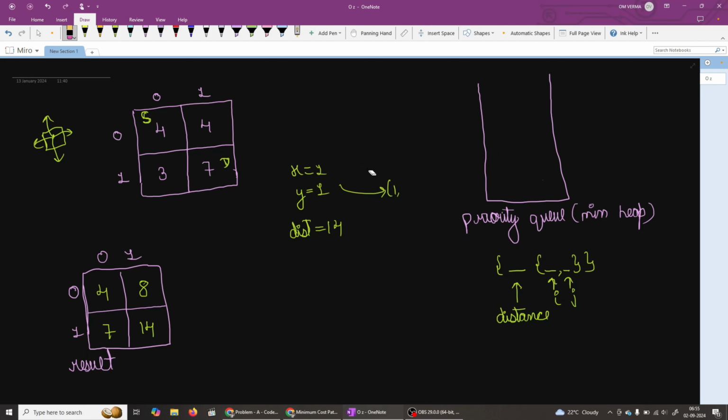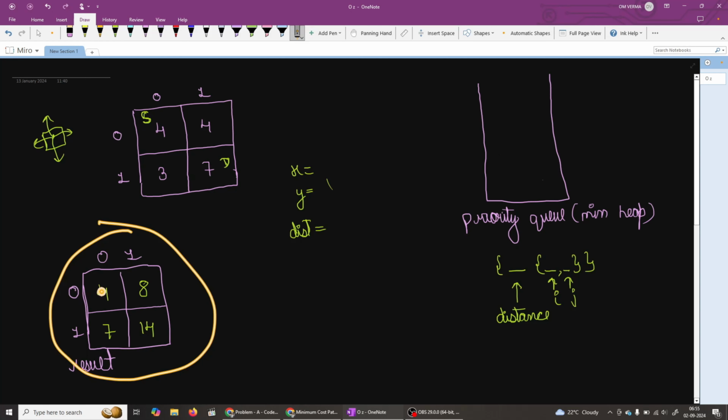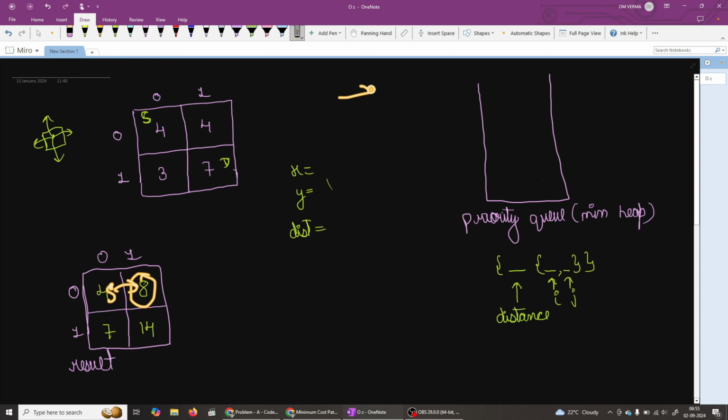Now what we can see here is we got the result vector ready, means starting from the starting index, we got all the elements, all the indices, the minimum distance to reach from S to all the vertices. I have written two conditions. Okay, let me write it again. So for Dijkstra's algorithm,